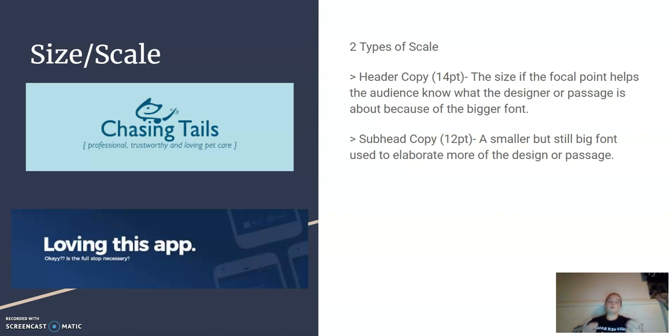A header copy is the focal point that helps the audience know what the designer is actually talking about. Because it's in bigger font, it draws your attention in and it brings you into knowing this is what we're talking about. While the subheader copy, which we've all known would be 12 points, is a bit